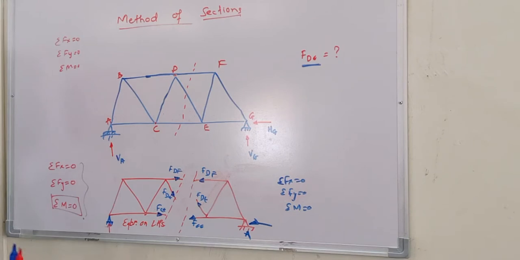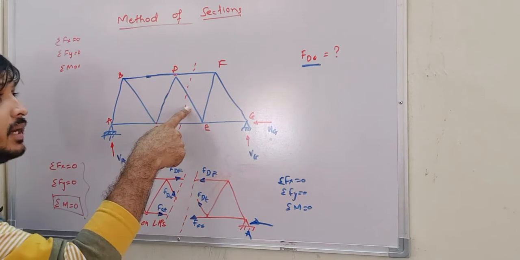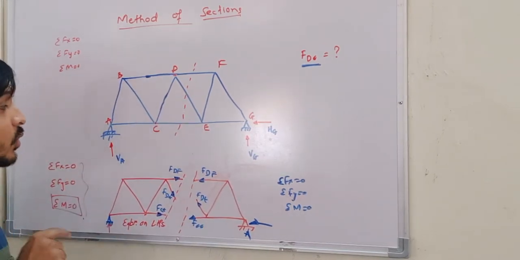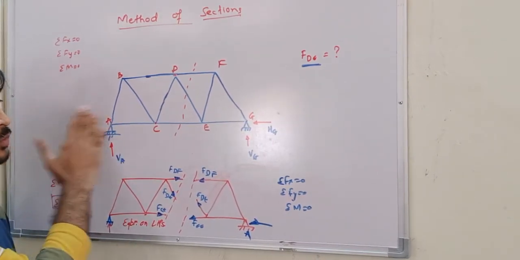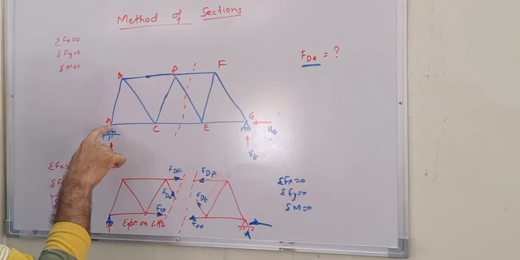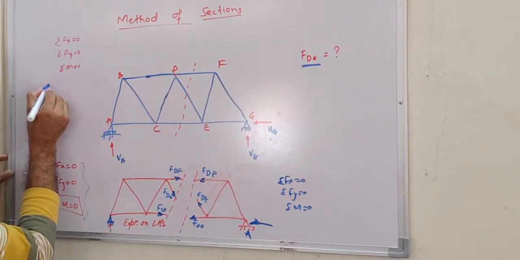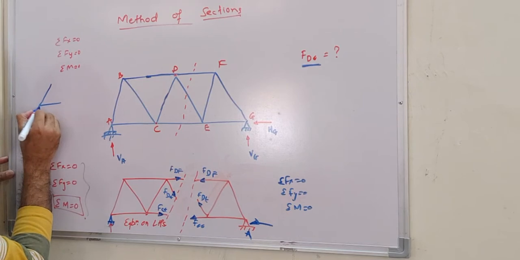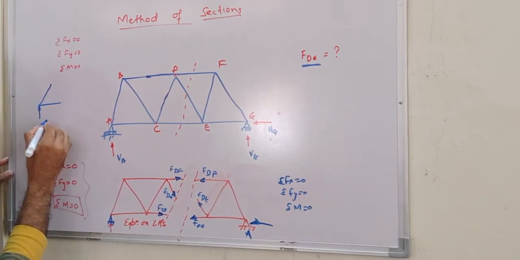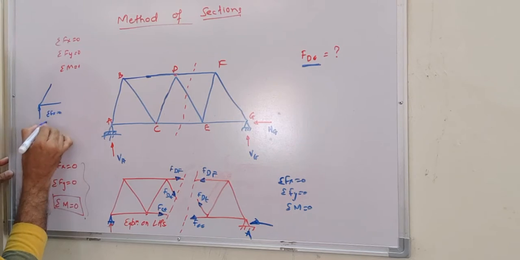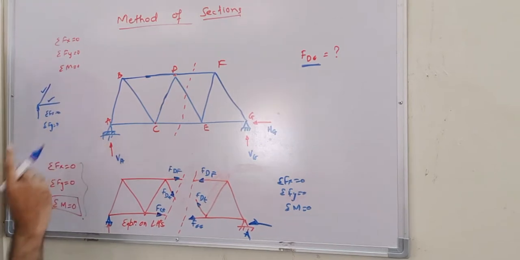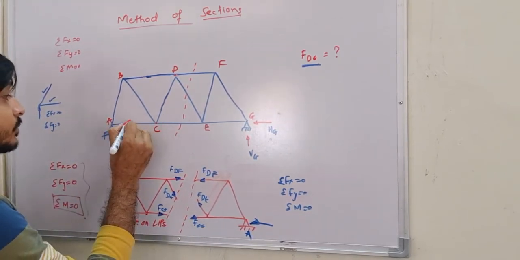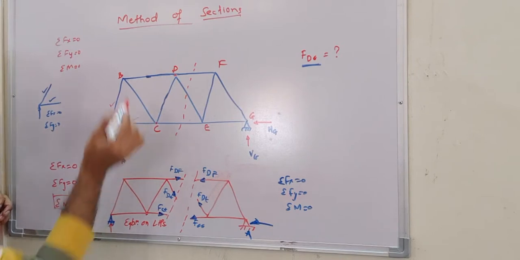In the method of joints, if I want to find out the force in the member DE, what do I have to do? I have to first find out the reactions, correct? After finding the reactions, I can start from this joint. If I start from joint A, I draw joint A and take the equilibrium of joint A, considering summation of Fx equals 0 and summation of Fy equals 0. So I get the force in this member and the force in this member. Then I have to come to joint B.